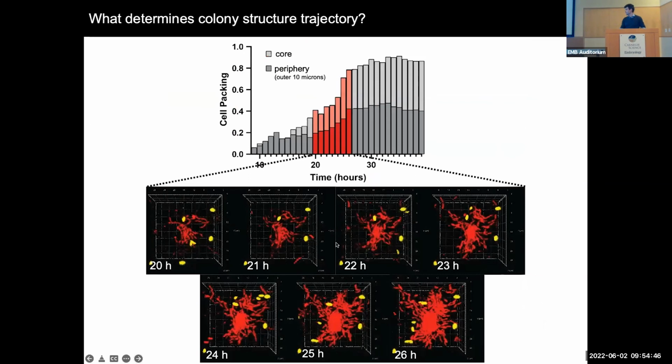What I'm plotting here is the cell packing, or neighborhood volume fraction, in the center of a developing cluster versus the periphery, the gray bars. And we see at around the 20 to 26 hour mark in this particular set of conditions that the center high packing region nucleates and expands. And that just never happens in the mixed species colonies,